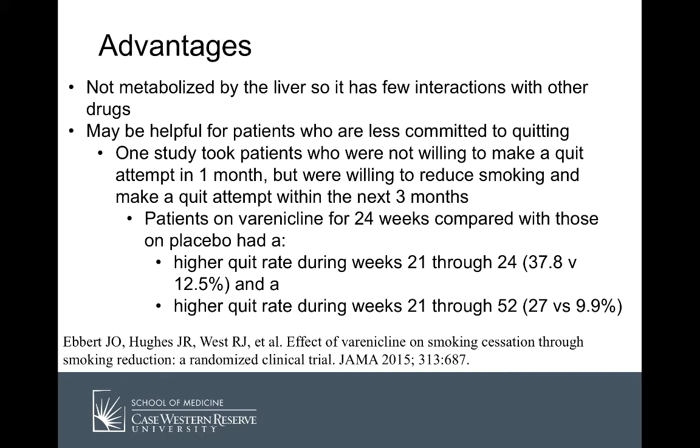It also may be helpful for patients who are less committed to quitting. We've talked about all of these medications as part of a specific quit date and a plan to quit. One study took patients who were not willing to make a quit attempt in a month, but they were willing to reduce their smoking and make a quit attempt within the next 3 months. The study then compared patients on Varenicline for 24 weeks compared to those on placebo. And there was a higher quit rate at 21 through 24 weeks, more than 3 times as high, and a higher quit rate